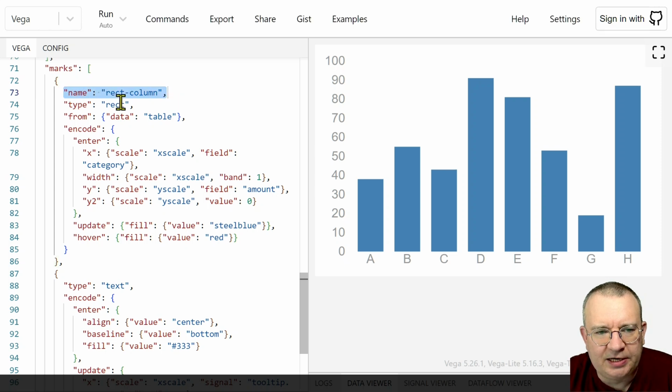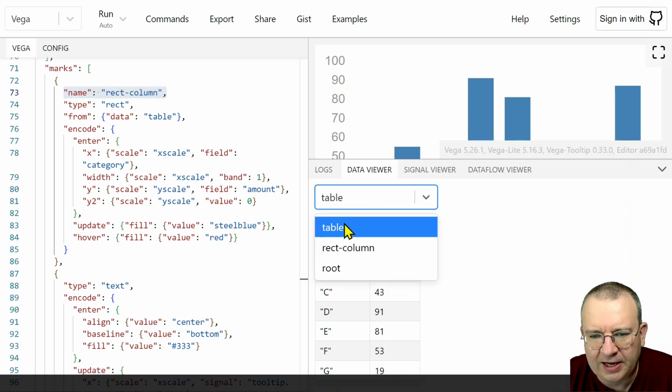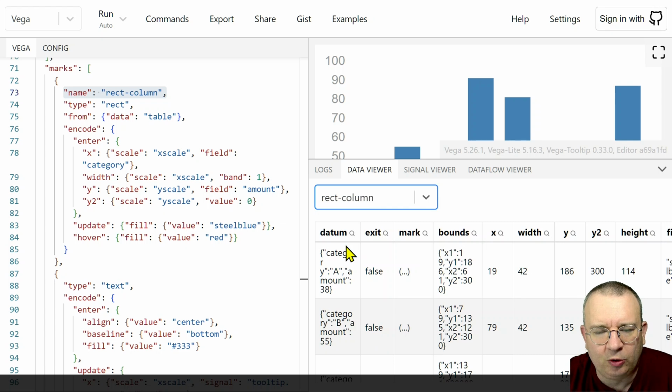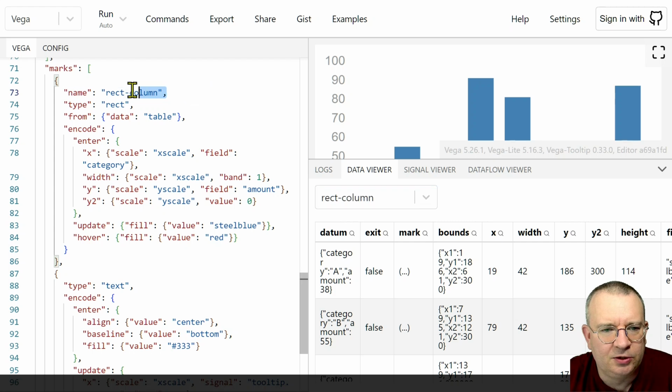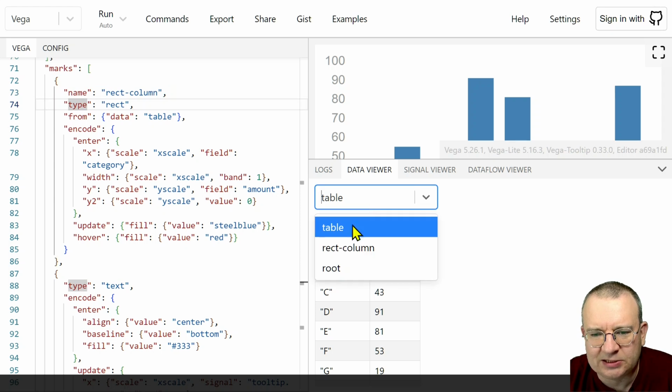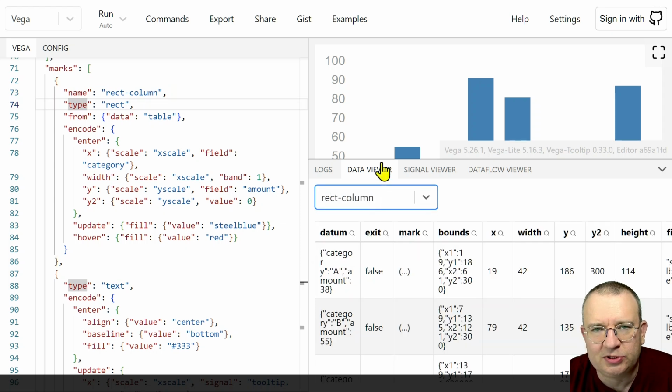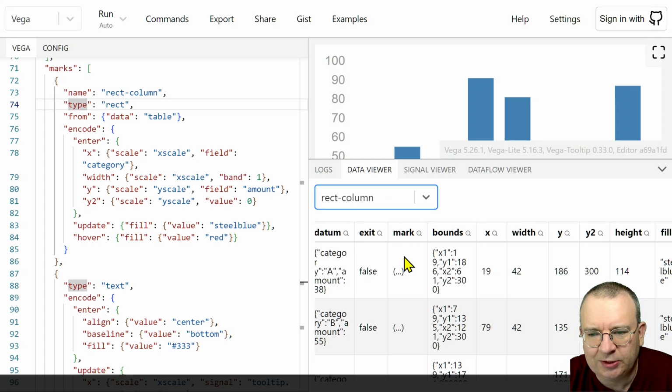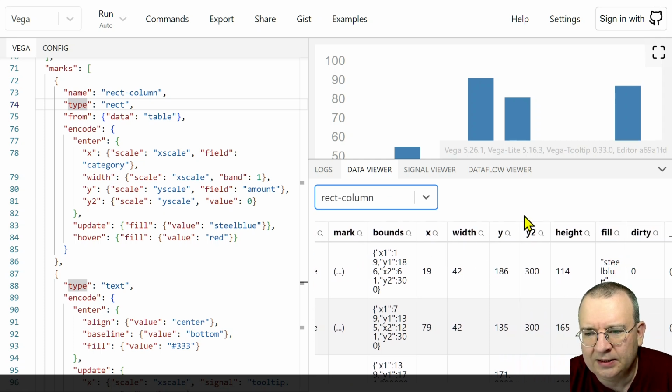When you added a name property to your mark, it appears here in Data Viewer as another table. This table is always created by Vega, but behind the scenes. If you don't have the name here, you have no access to this data table. So I recommend always to name your marks so you have access to the table which is used by Vega to generate the visualization. And you can see here X, width, Y, Y2, height, all properties of our rectangles in